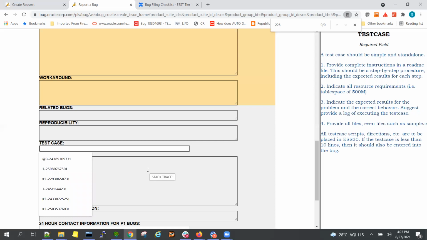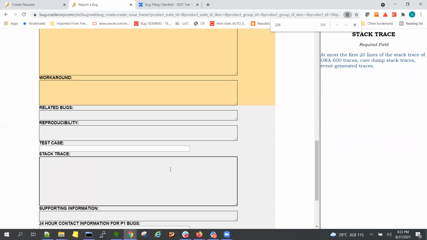In case it's not reproducible, tell them your issue is not reproducible, but you have to tell them what options you have tried. For example, if there is one particular query transformation happening in the SQL execution plan, and even after disabling that particular transformation you are still noticing bad performance, and the query is not giving an optimal elapsed time or plan hash value, then you can tell them, see, these are the tests I did. We did a gather stats, we disabled this parameter, this fixed control, but nothing helped.